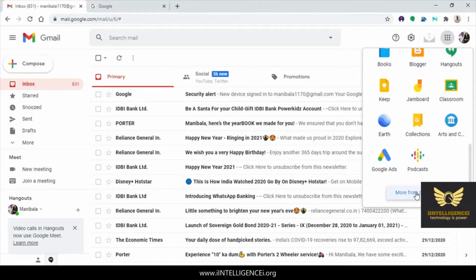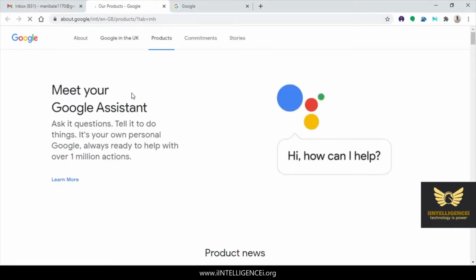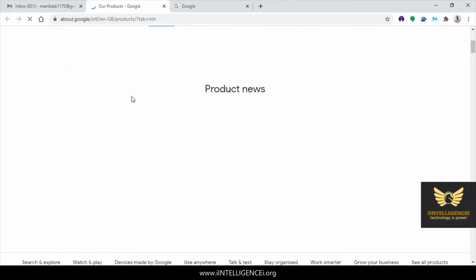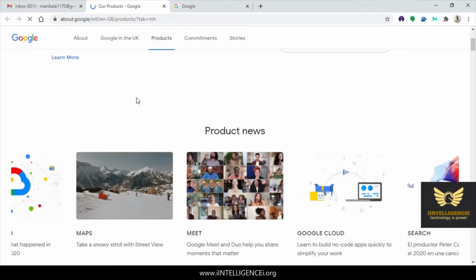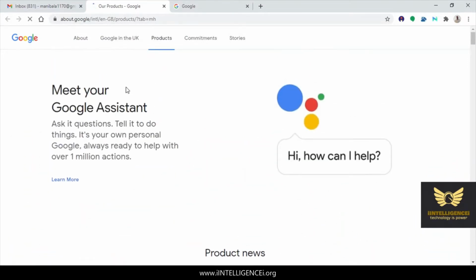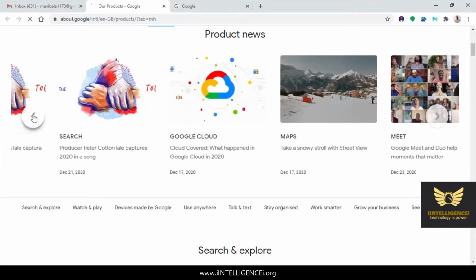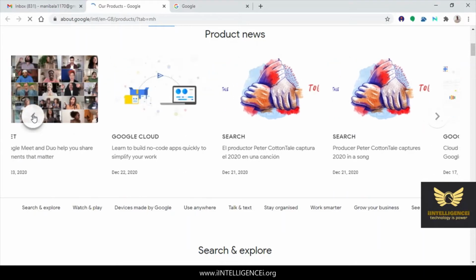Just click more from Google. So Google Cloud, just check for Google My Business.